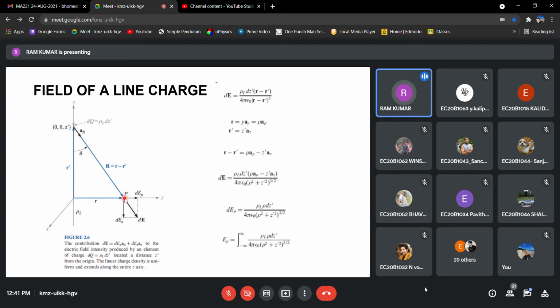Now forget about this XYZ. Simply assume you have some wire with some line charge. The charge is present along this line. This is called a line charge. Now, in free space or in vacuum, I may choose any point. I am choosing this point as P, where I am going to measure the field due to this line charge.